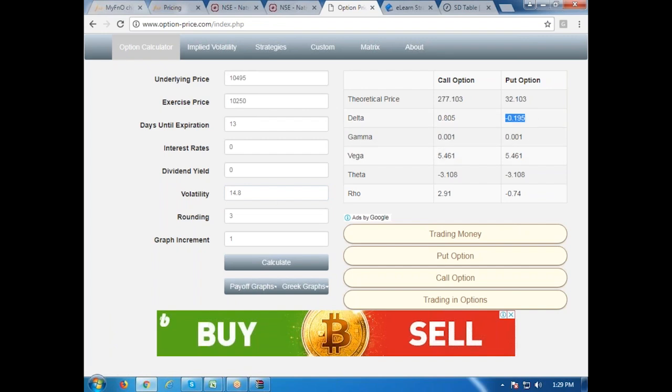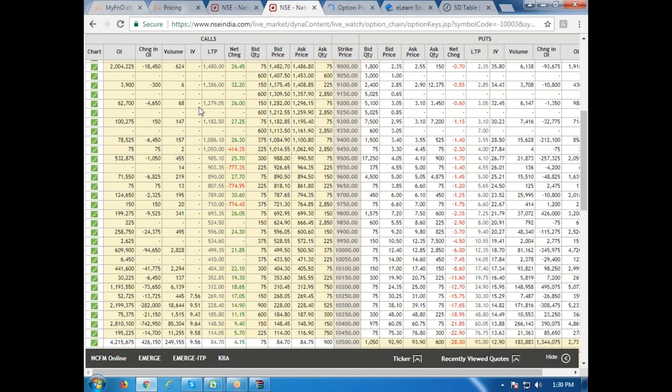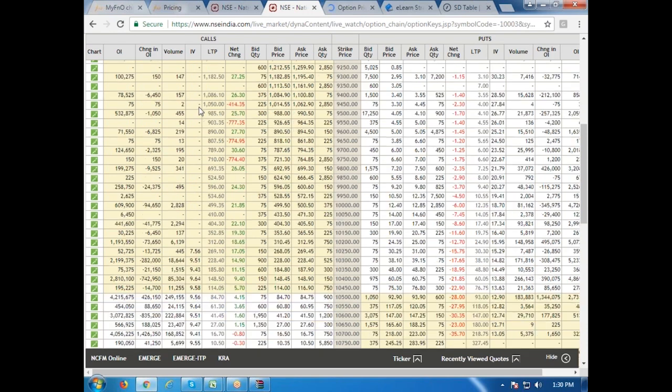So the delta is 0.195, almost 0.19 let me assume, और 10,700 का कॉल। एक मिनट, 10,250 with the volatility of 11% में 12 आ जाएगा, 10,700 का कॉल। प्राइसेस क्या चल रही है अभी? 10,700 का कॉल is 16 रुपीज,